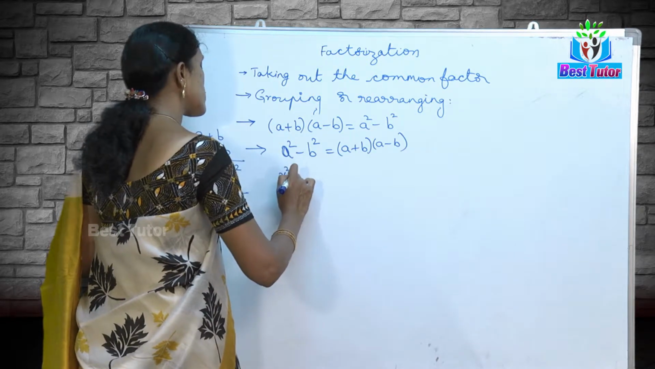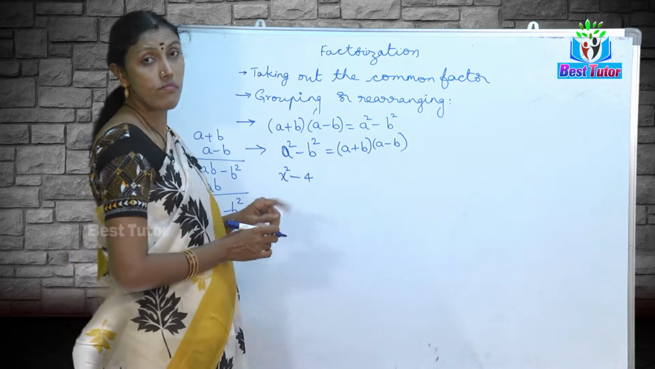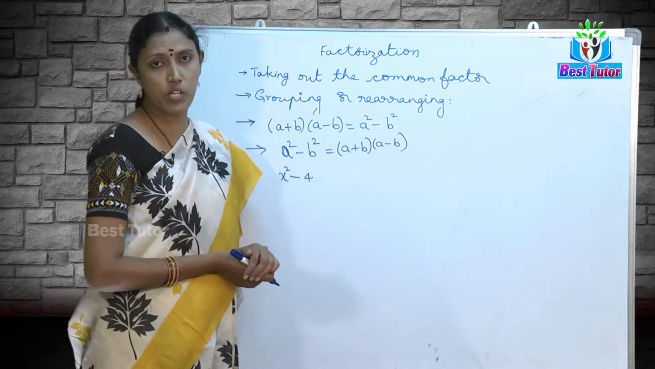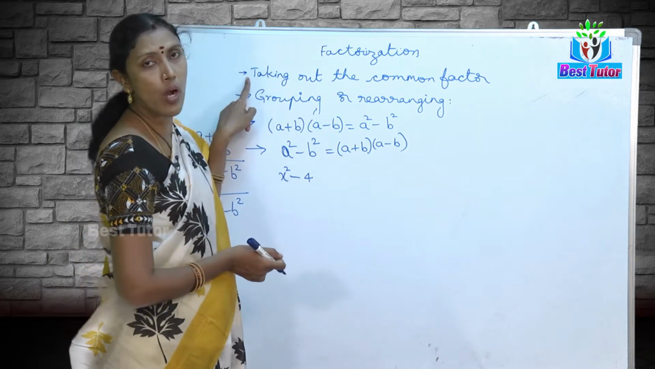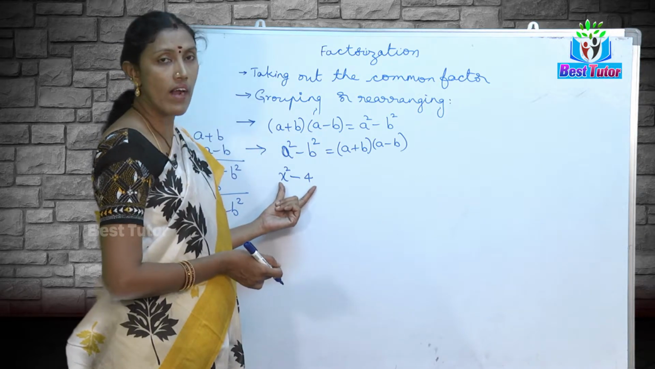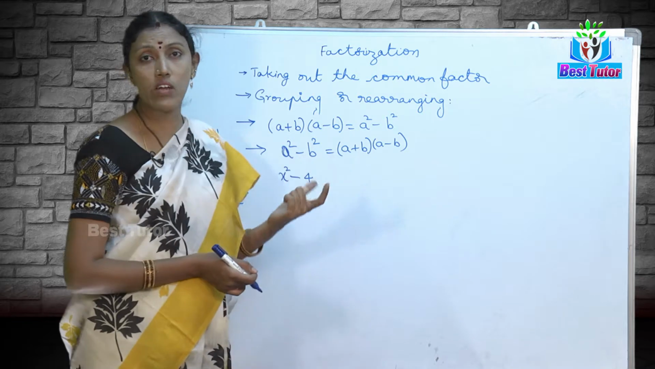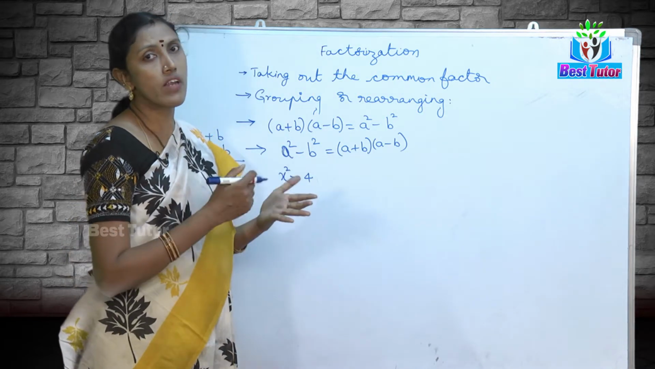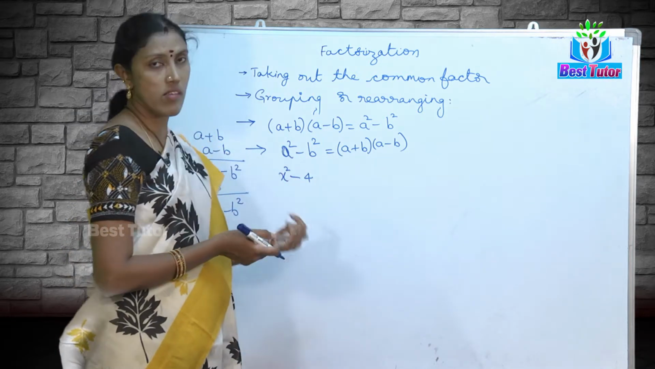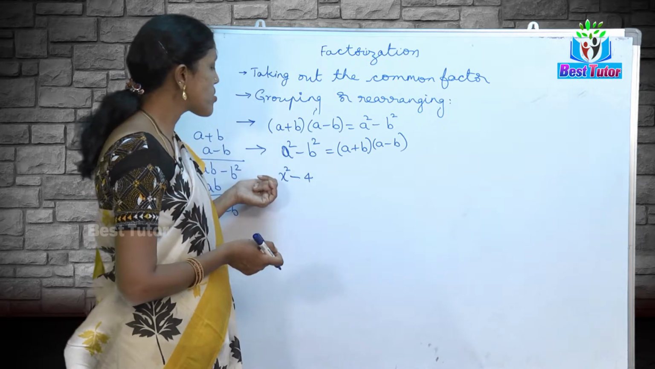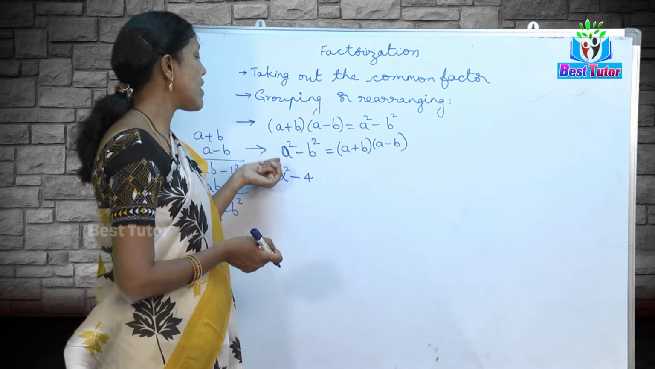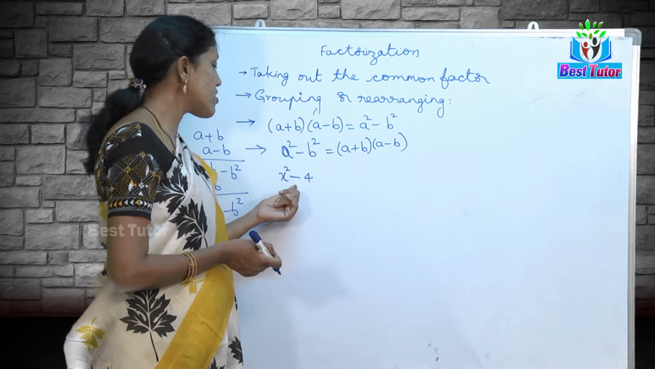If we have x square minus 4, I need to factorize this given expression. Can I use taking out the common factor? There is no common factor. Can I use grouping or rearrangement? No, I cannot, because there are hardly two terms over there. However much arrangement or grouping I do, it remains the same. So I can't use that. So the next procedure is application of a square minus b square, or this is in the form of difference